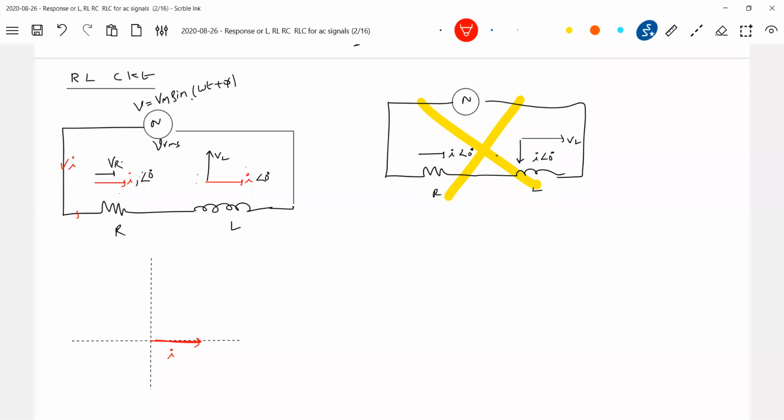Next, I'll call this IRMS. So let me call this IRMS. What about the drop VR? VR will have a phase of zero, here only. There's VR. What about VL? VL is having a phase of 90 degrees. So this should be the phase of 90 degrees. So the vectors VR, VL will be